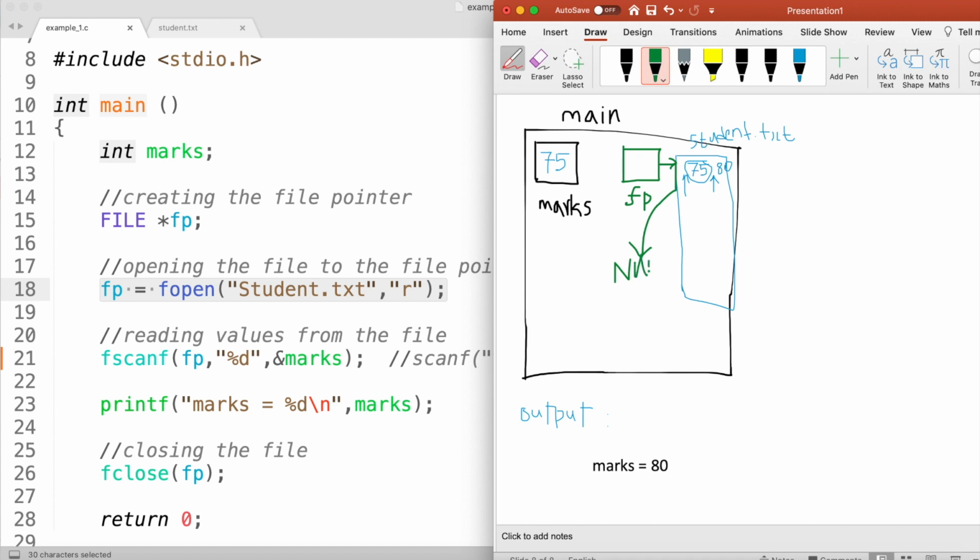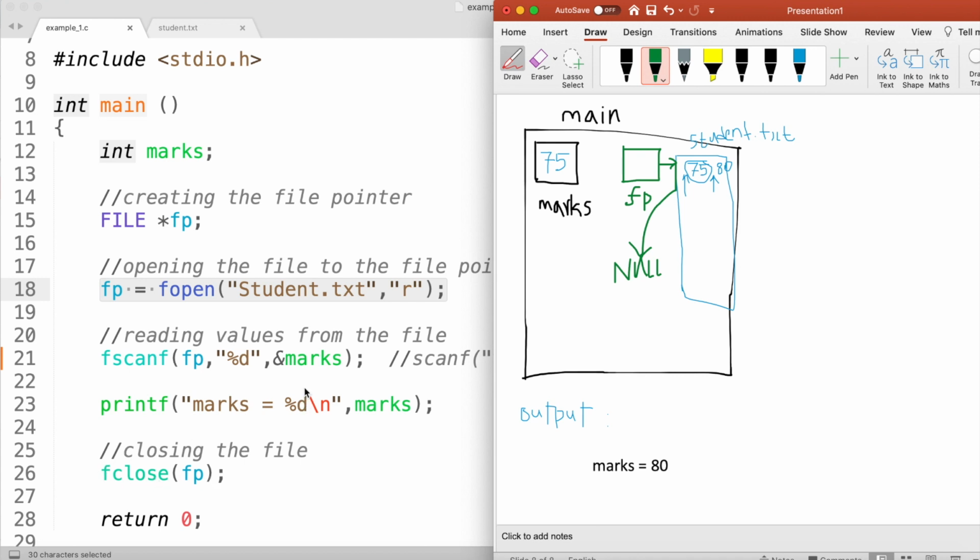That means the memory related to my student.txt will be left hanging there. My computer can use that memory for some other task, because now it is not attached to my main function. That memory is right now hanging in my main memory, the RAM, because it's not attached to my program.